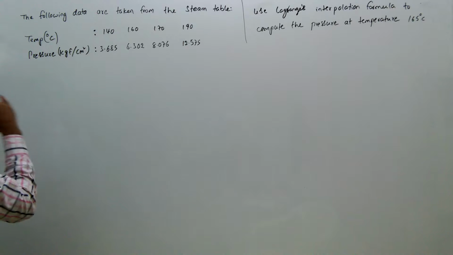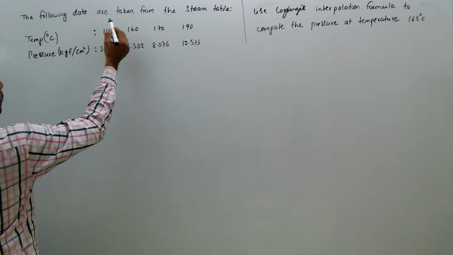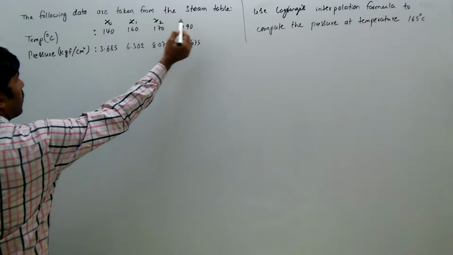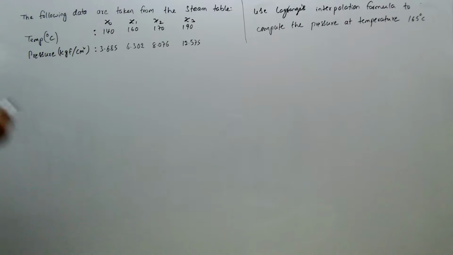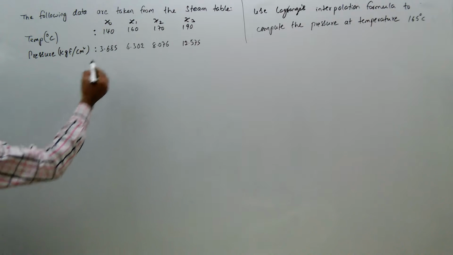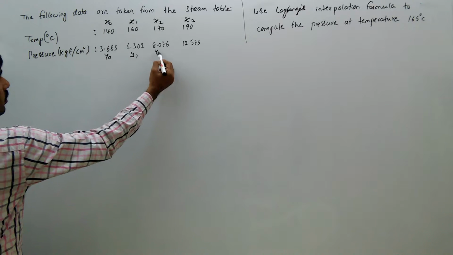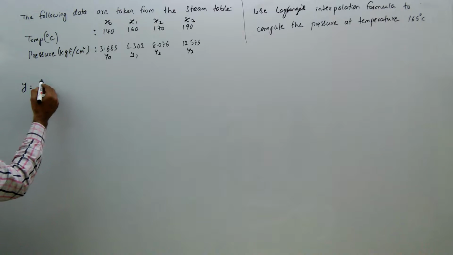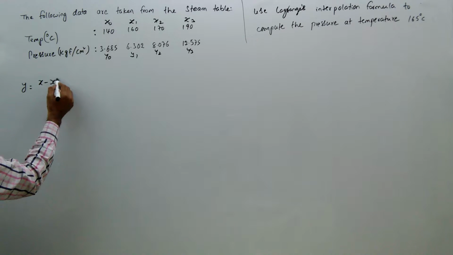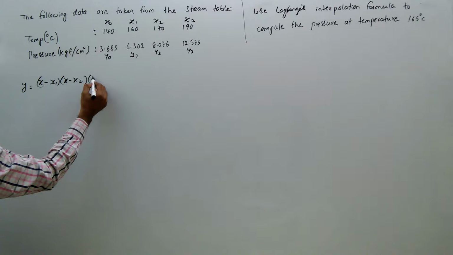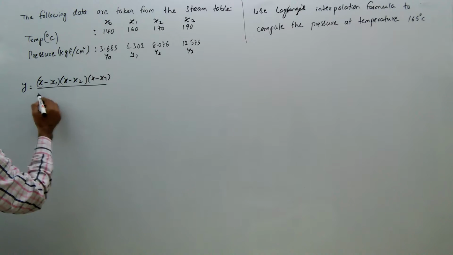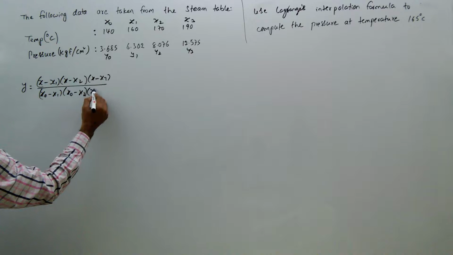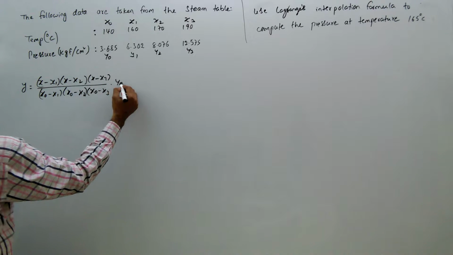Now we'll write the formula. Let us take this is x0, x1, x2 and x3. This is y0, y1, y2 and y3. First I'll write the formula. Y equal to x minus x1, x minus x2, x minus x3 by x0 minus x1, x0 minus x2, x0 minus x3 into y0 plus